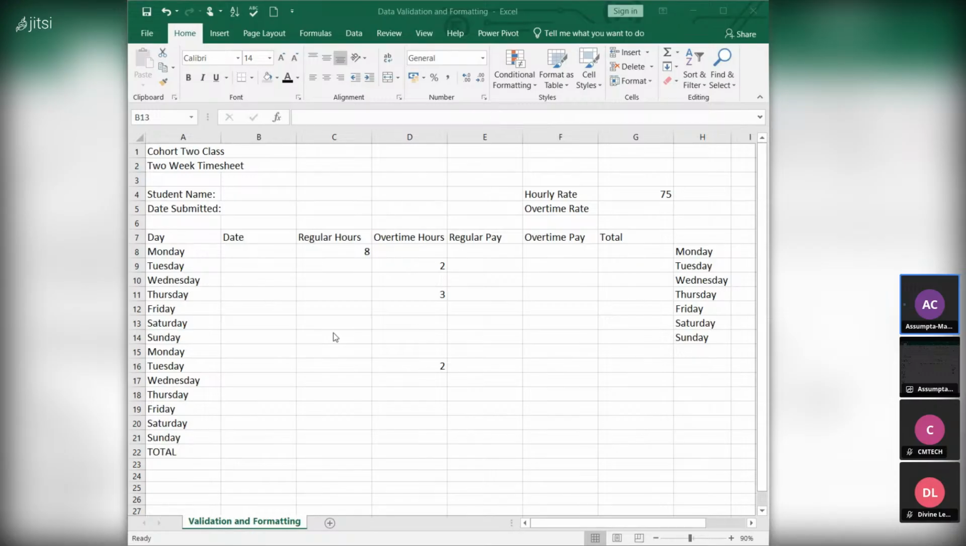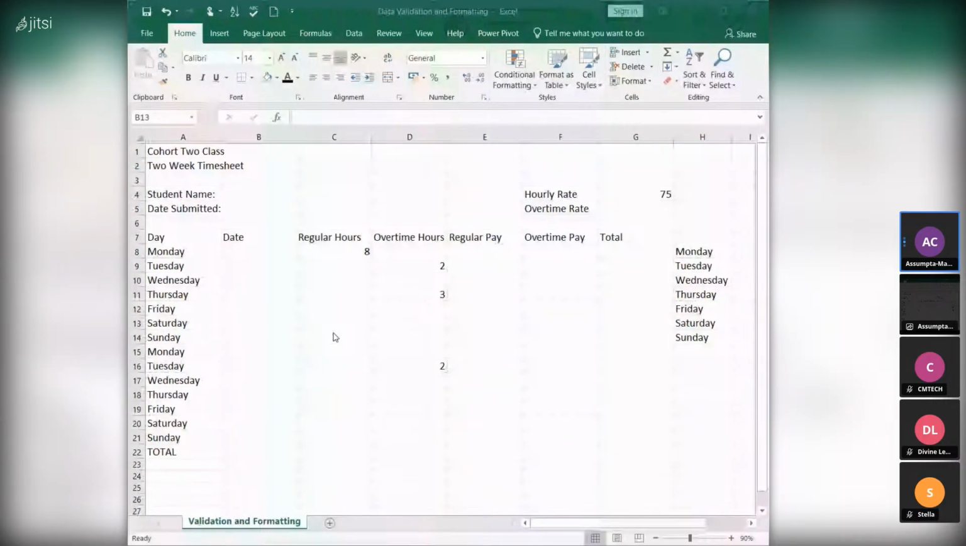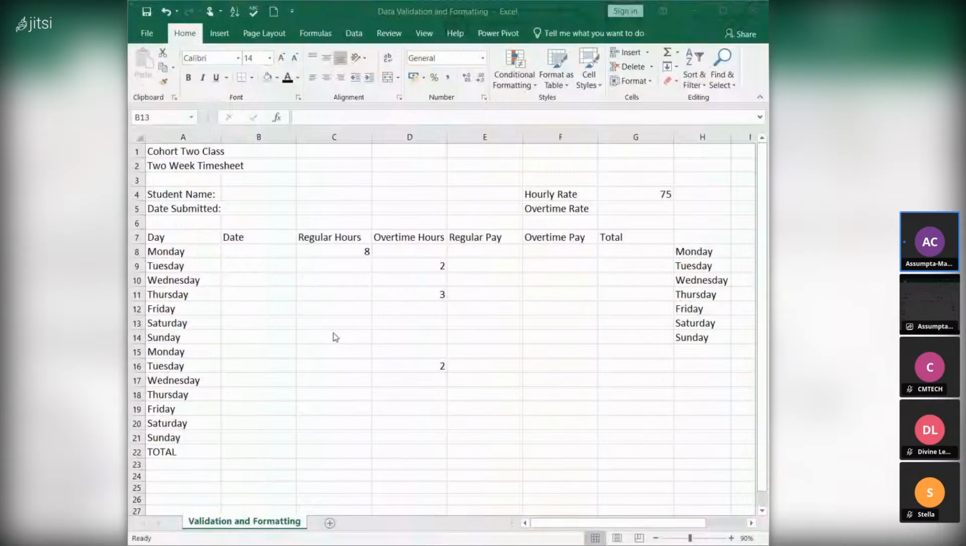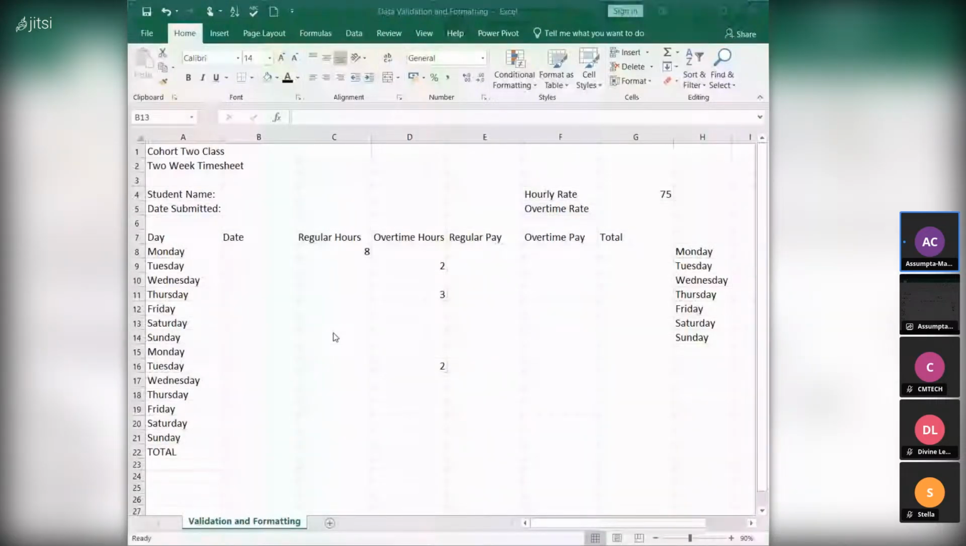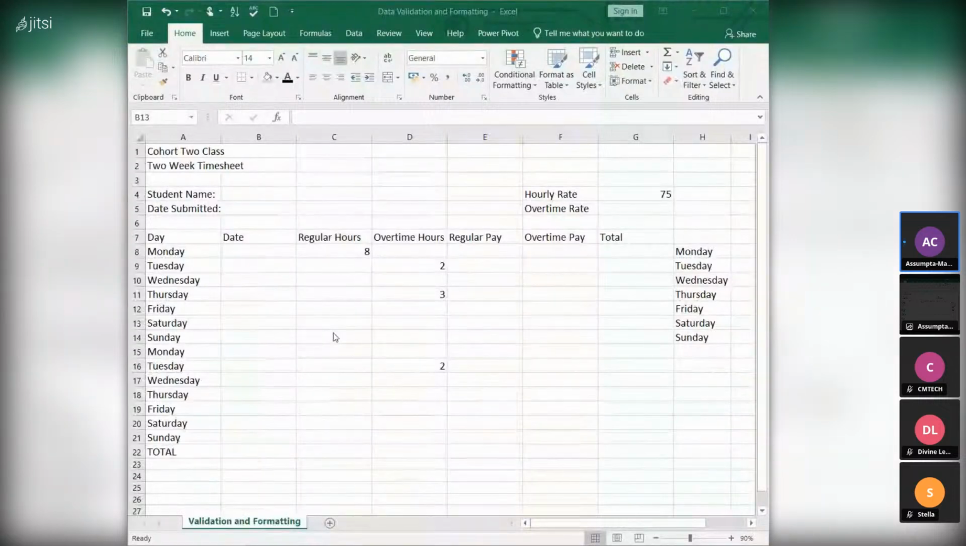So we'll start with data validation. Data validation in Excel is a tool that we can use to control what data can be entered into a cell, and it prevents wrong entries and keeps our data clean. It helps us because sometimes when you are typing and typing, you might not know when you make a mistake, but if you validate your data, it will help you